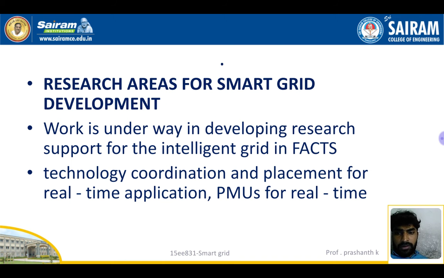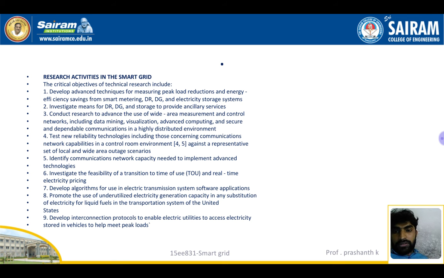Research areas for smart grid development. Work is under way developing research in support of the intelligent grid. In fact, I mean flexible AC transmission system technology, coordination, and placement for real-time applications like phasor measurement units and real-time operations. So research activities in the smart grid: the critical objectives of technical research include